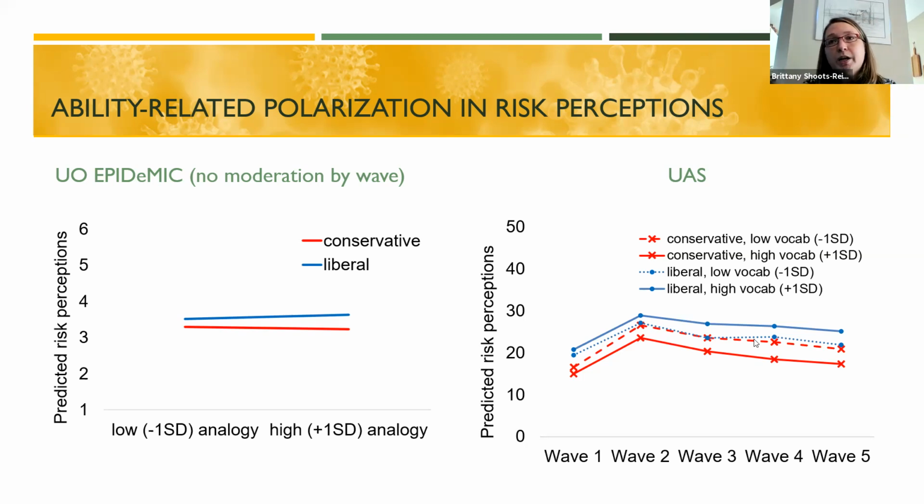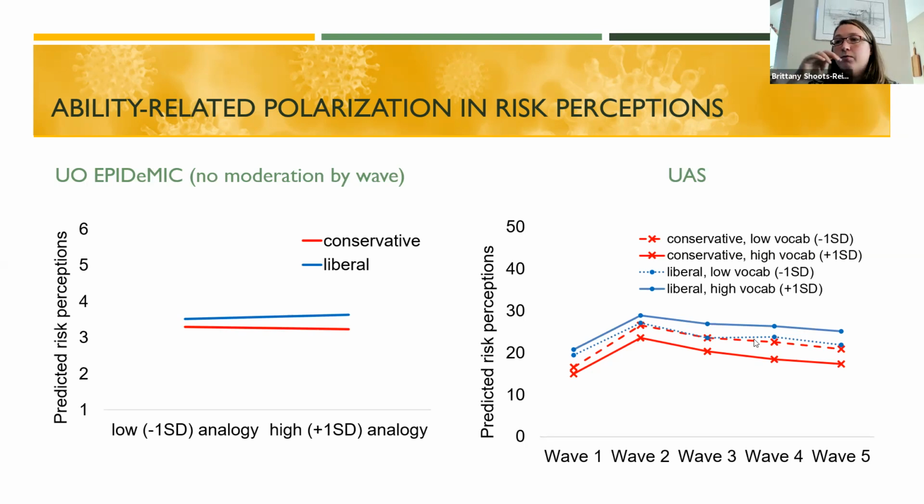Verbal ability also predicted greater bias. I don't know if bias is the right word, greater selective exposure, let's say, to liberal versus conservative media, such that people that were higher in ability were more likely to consume media that was consistent with their ideology. We also gave them information that could be interpreted multiple ways. And people higher in ability tended to interpret information in ways consistent with their ideology when they were higher in verbal ability. So for example, we asked them,